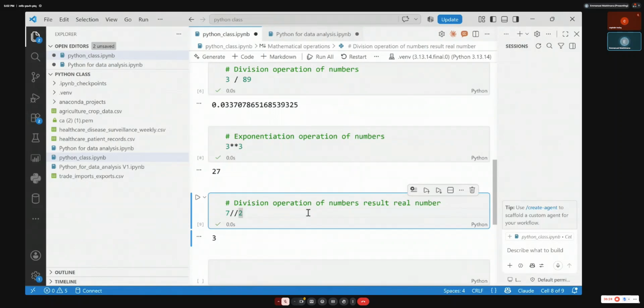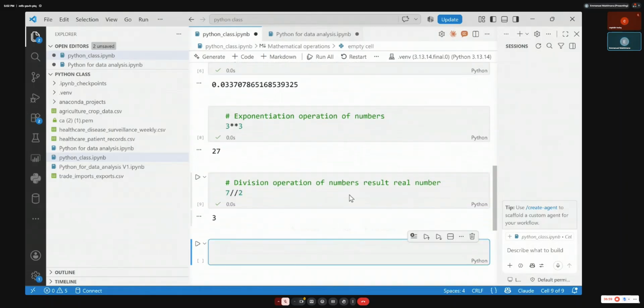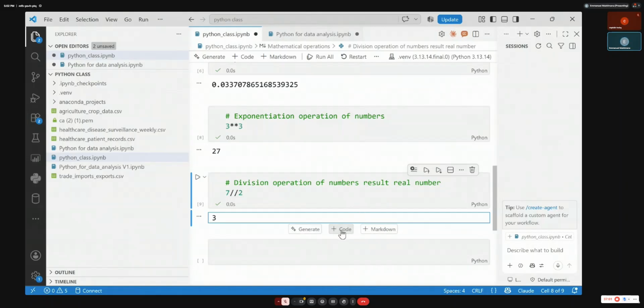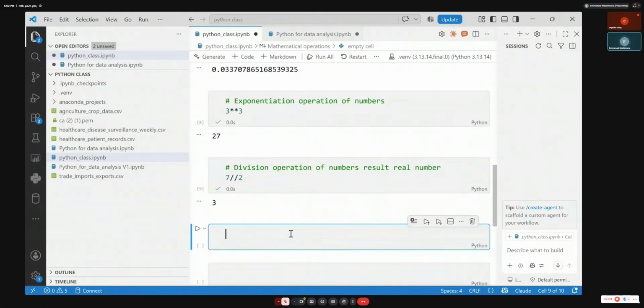If I take, let's say, 16 and 7, the real number can go up to 14, and the remaining value is going to be 2. What function can I do so that if I have 16 and 7, the result is going to be 2? That's the modulus. Which operation can we use between 16 and 7 to get 2? It's a percentage. Yes, exactly. So that mathematical operation is called the modulus. Yeah, it's percentage. So I can add a code cell here and say the modulus of number.